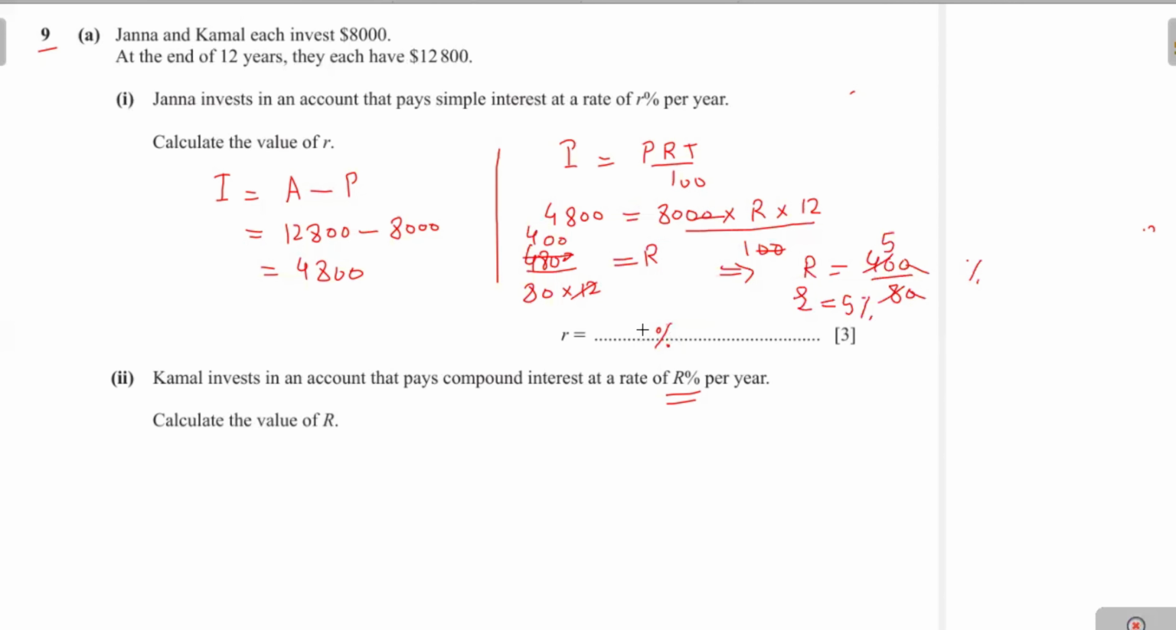This is the answer. Next is part two. Kamal invests in an account that pays compound interest at a rate of R% per year, and calculate the value of R. You see here the amount after 12 years is 12,800, and the compound interest formula is A equals P into (1 plus R over 100)